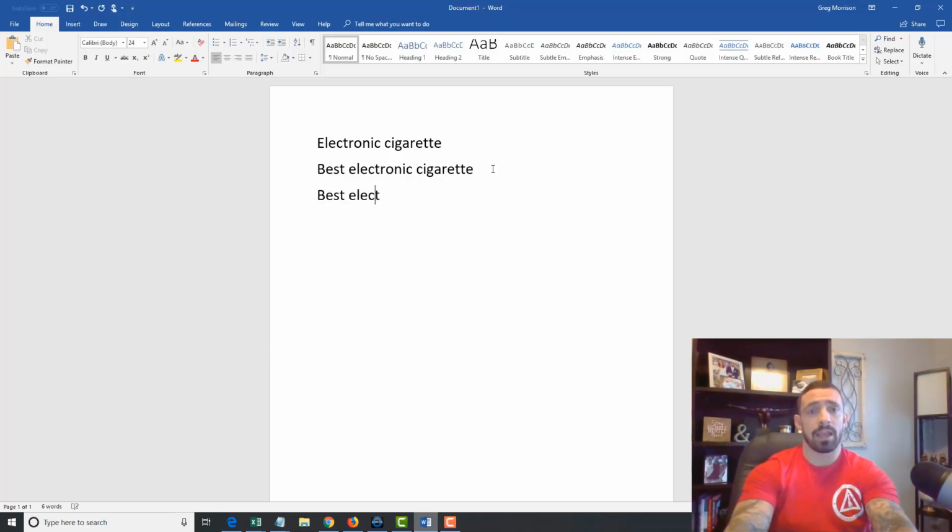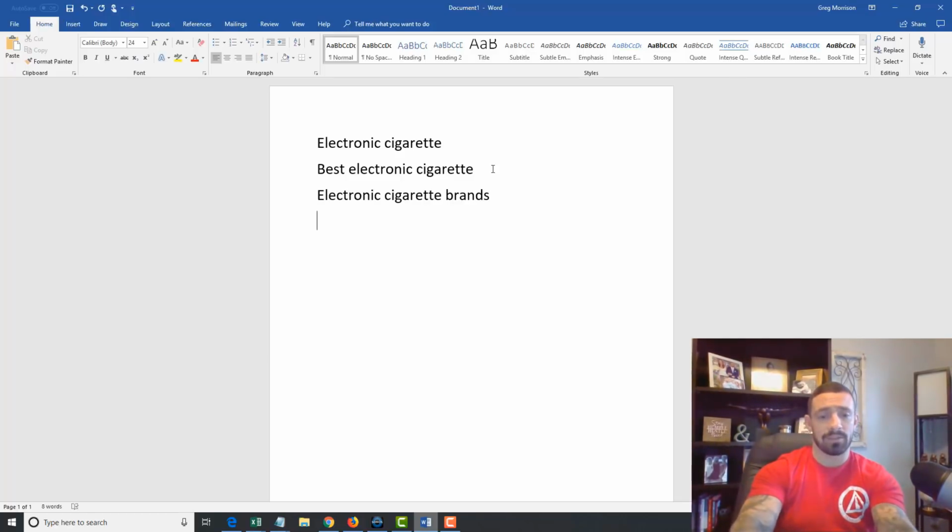Then from here, you would also have electronic cigarette brands, right? And those are good keywords. If you rank for them, you're going to do well. But the thing is, they're pretty big too. They're pretty competitive, and they're also going to take a little bit to rank for. So we want to break it down even further, because we want to rank as quick as we can, and the longer tail our keyword is, the quicker we're going to rank. Now, the less traffic it's going to get, and fewer searches, but the longer the keyword is, the better it converts usually, especially with keywords like this.